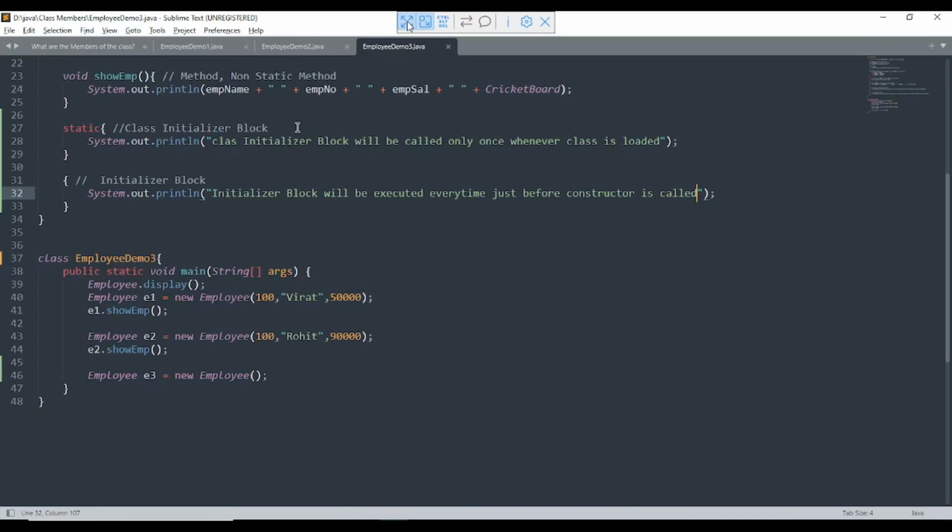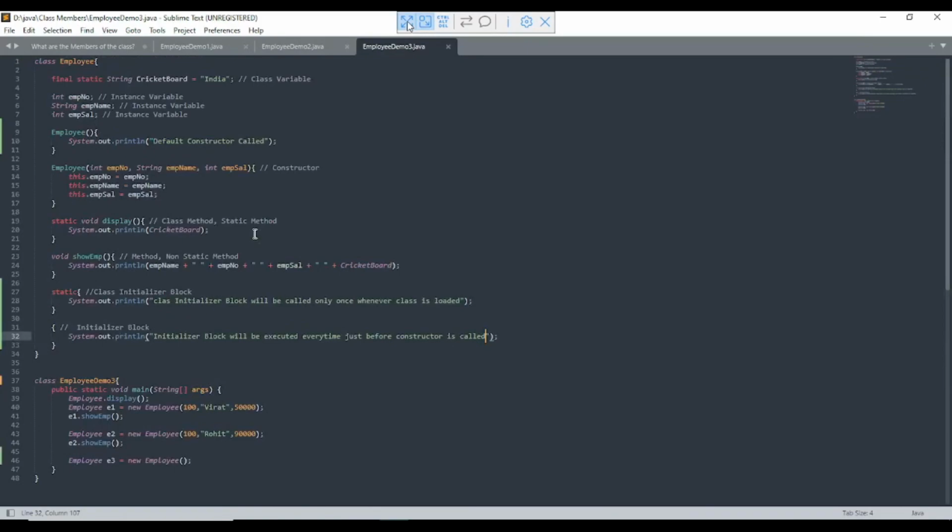So when you call the constructor, for example, if you want to create an object, you will call a constructor. At that time, before the calling of the constructor, the initializer block will be executed. Now I am saving the file.